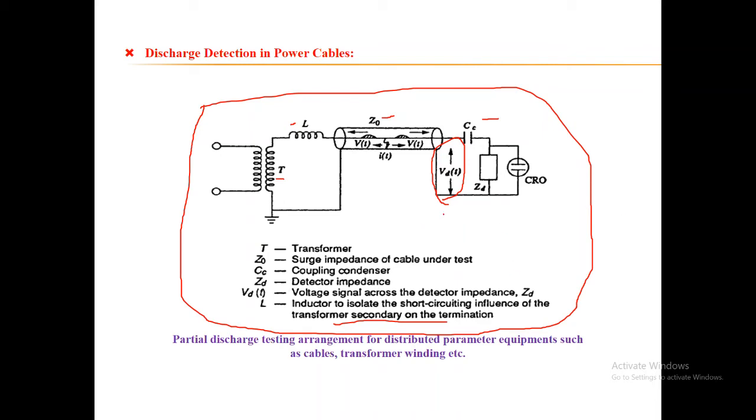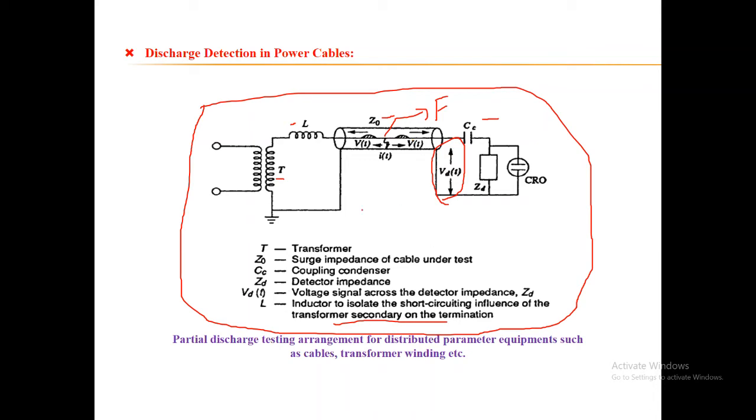So the breakdown or the discharge in a cavity at, suppose, the location F. Suppose this is the location where the partial discharge activity is acting when the voltage is being applied. The discharge in the cavity at location F will cause charge accumulation at this point. So this will create two traveling waves. As you can see over here, the wave is traveling on both sides.